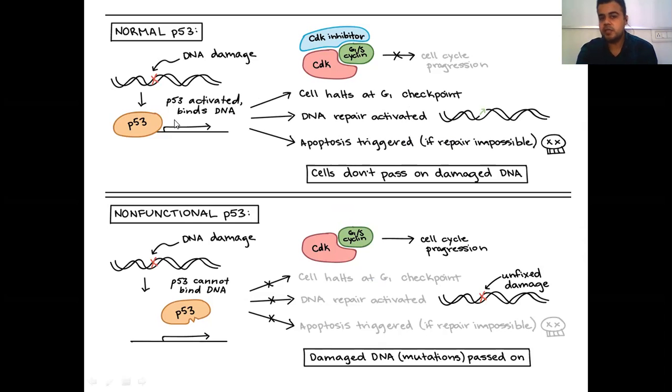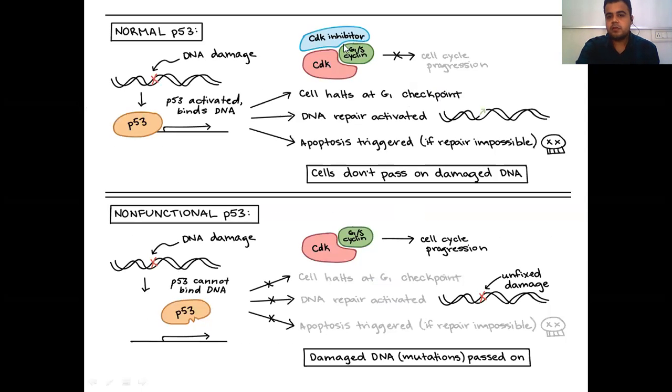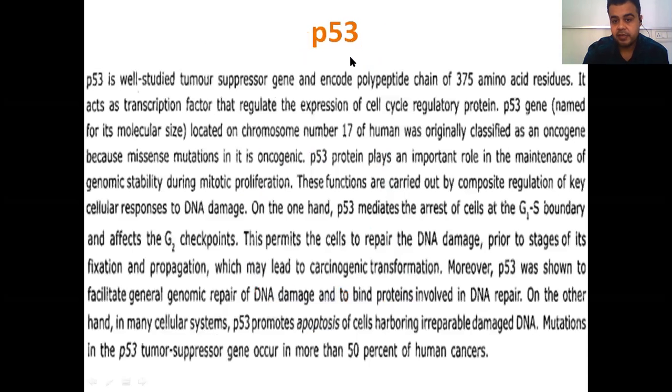The P53 gene will form this protein, which will do this function. If everything is normal, then CDK and G1 cyclin will play their role and the cell cycle will progress. But if it has damaged DNA, P53 will not allow it to play that role, and thus the cell cycle progression will stop. CDK inhibitor and CDK, G1/S cyclins are all regular cell cycle regulatory proteins. Now P53 gets activated and binds with the regulatory protein, and it plays a role in that. As you can see, I have explained it over here.